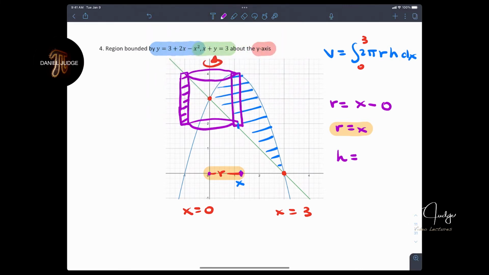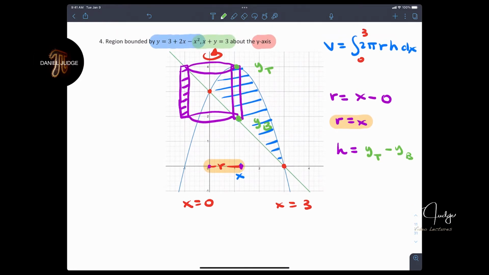So for this particular value of x here, the height in green is what we're trying to find now. From this point to this point for your particular x value. And that's y top minus y bottom here. So for the height, y top minus y bottom,